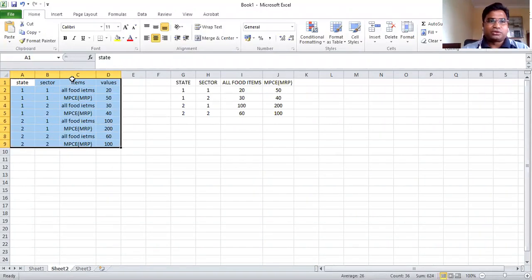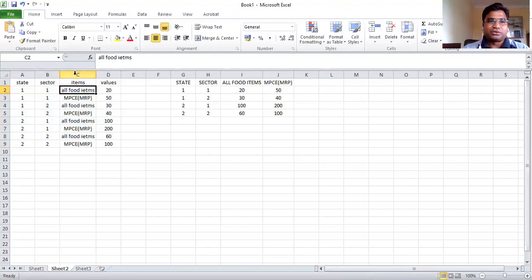So corresponding to a household serial number, let's say household serial number 1, it has all food items, MPC. I have just simplified this part, but let's say for all households you got these two values, but it's stacked in this way, right? It's in long format. Now what you have to do is divide basically 20 by 50, then multiply with 100, and only then can you say what is the percentage spent on food items out of the total expenditure. But it's very difficult to do analysis in this particular case when this data is in long format.